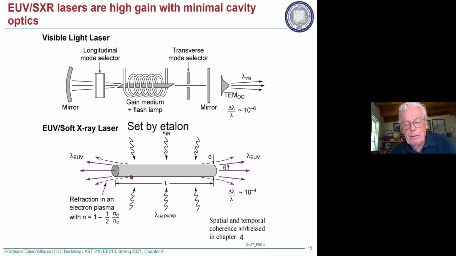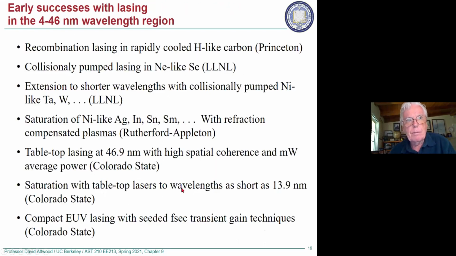And there is a bit of a refraction issue because you have a plasma now, and light going back and forth. It's at a very short wavelength, so refraction isn't quite so strong as it was for the visible light, but refraction is still an effect, okay, that needs to be dealt with. So some early lasers were in this region, 4 to 46 nanometers, it says. The first two actually, at the same time, were a recombination laser